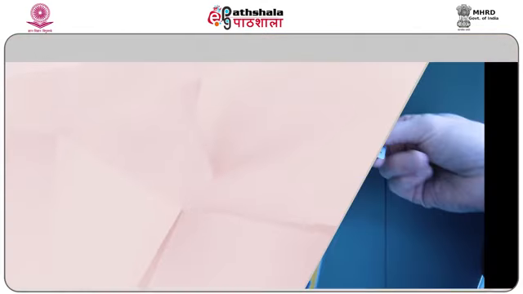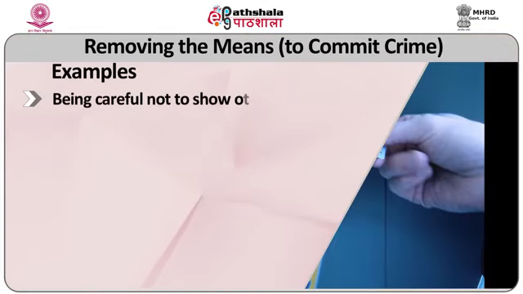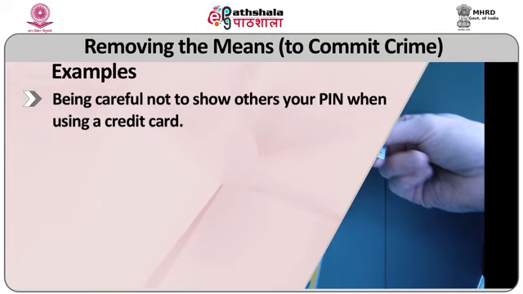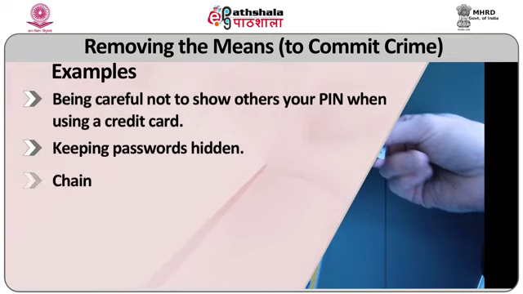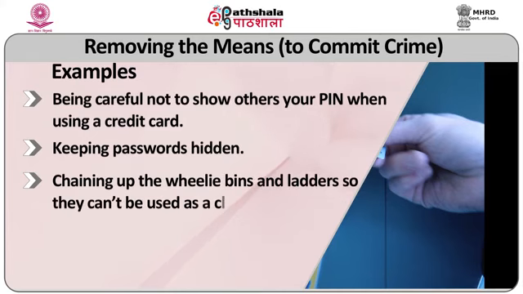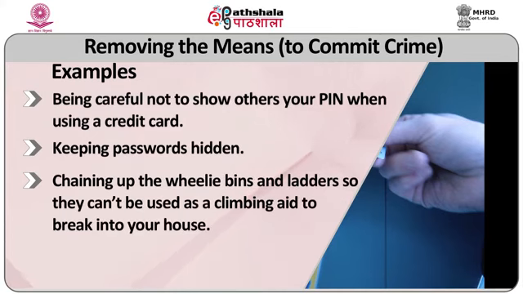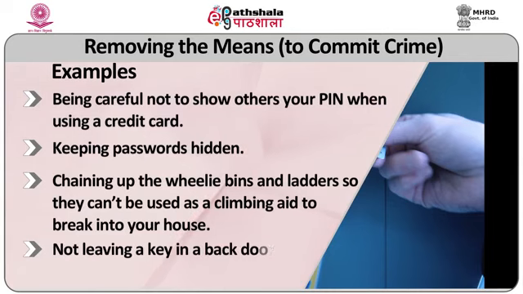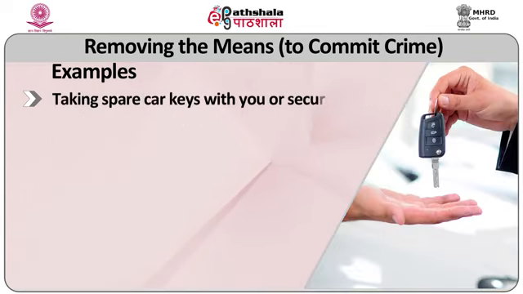Removing the means to commit is another kind of strategy. Criminals often need stuff to commit crime, and these are some examples. Being careful not to show others your PIN while using a credit card or ATM card, keeping passwords hidden, chaining up the wheelie bins and ladders so they can't be used as a climbing aid to break into your house, not leaving a key in a back door, especially if it has a cat flap, taking spare keys with you